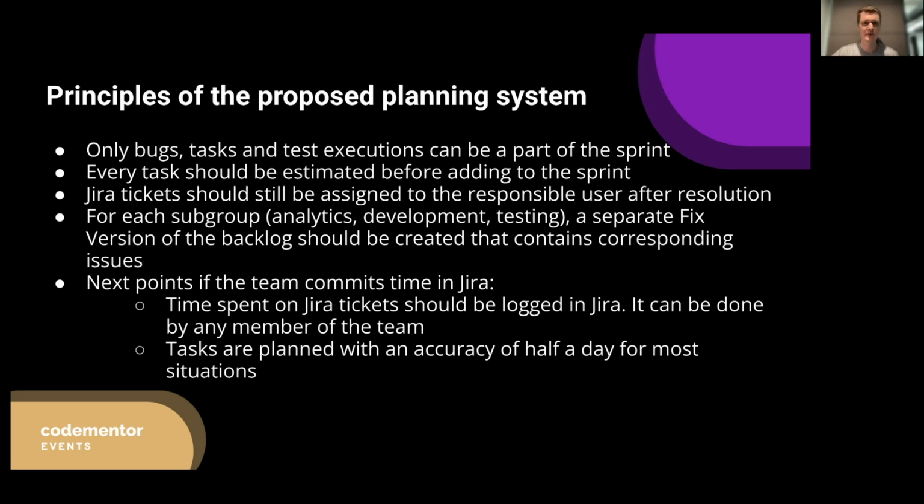For each subgroup, a separate fixed version of the backlog should be created. In this planning system, I strongly recommend virtually separating your development team into subgroups or subteams. Most teams have these three entities: development, testing, and analytics, or system engineers or business. Basically, this is the main source of product-related requests or tasks for the development team. And I suggest separating it and creating a separate backlog for each entity